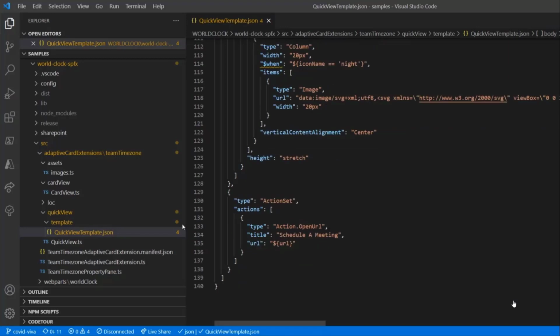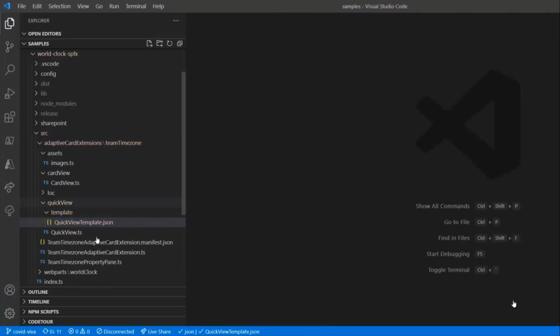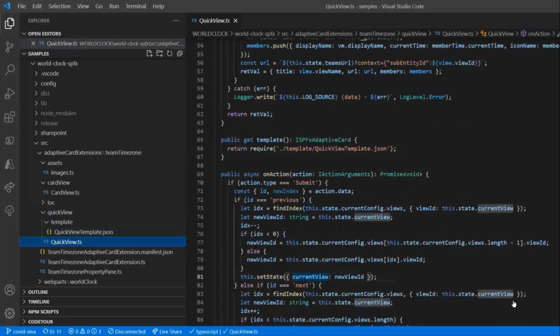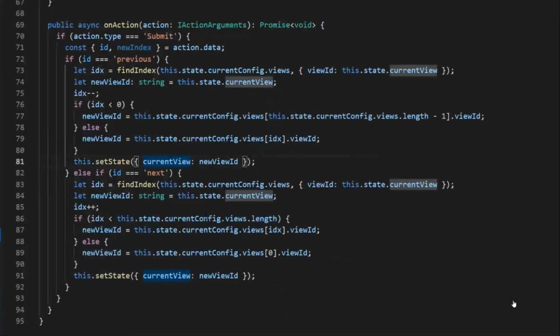So let's come back quickly into the quick view and scroll down and look at that on action. So this is where the previous and next buttons work. So when we come in here, we're going to check the action type. And then if the action is the previous button, then I'm going to go find the view that was previous in the list, and I'm going to set up the new view ID, and then I set the state on